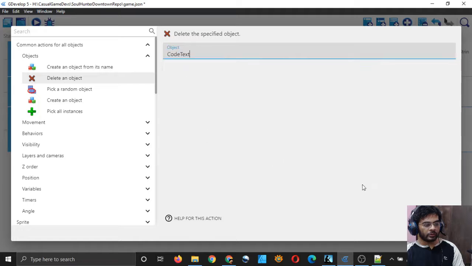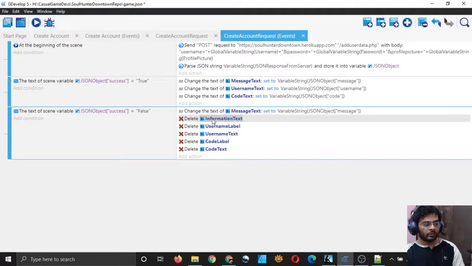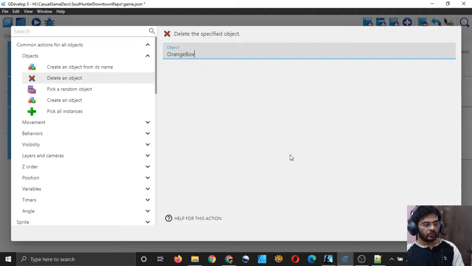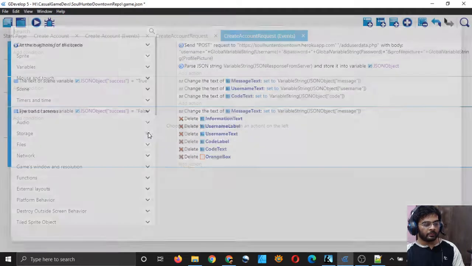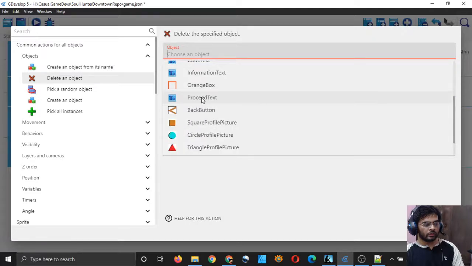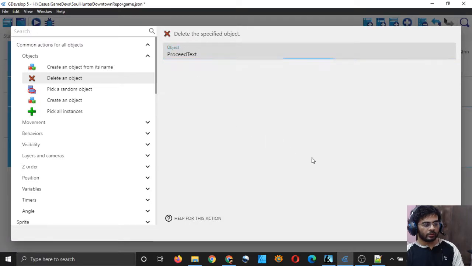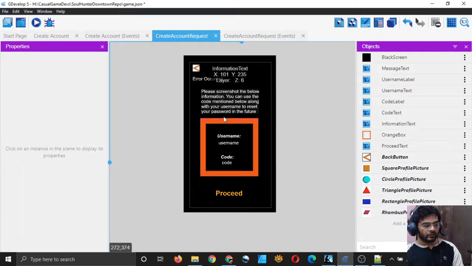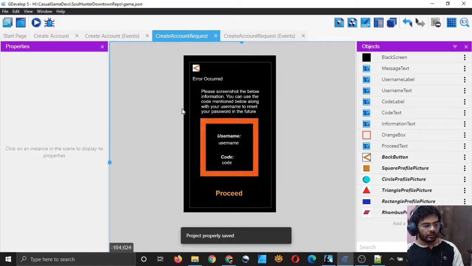Delete an object, code text, right? Information text, username label, username text, code label, code text, and I want to delete my sprite also, orange box, and I will delete my proceed text also. Yeah, so if the success field is false, all these will be deleted, right? And only back button and error occurred will remain.